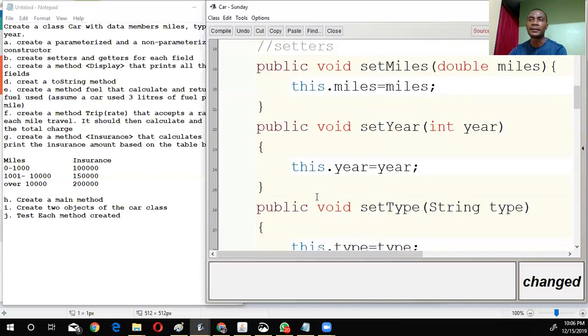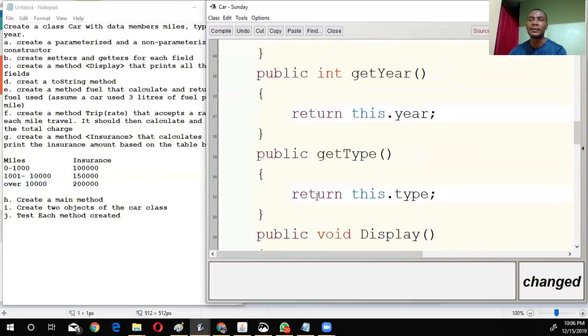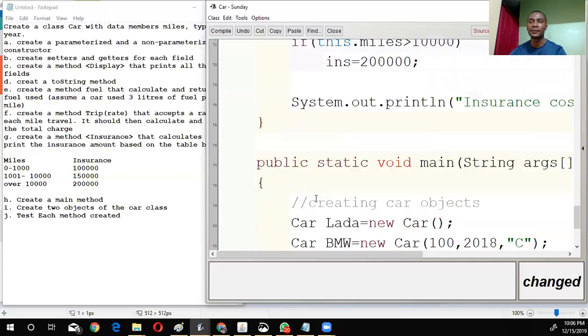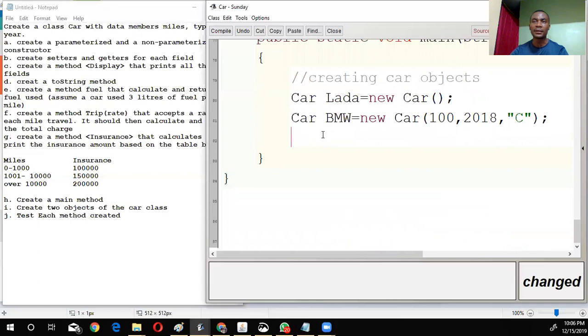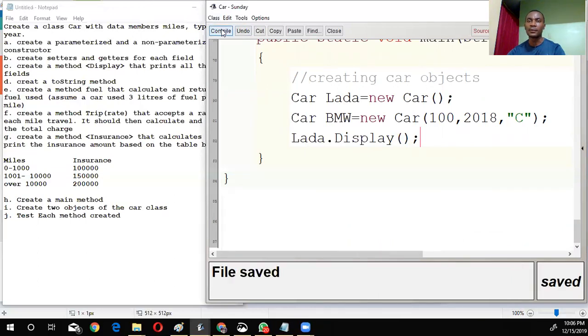Let's look at the display one first. So if we say ladder.display, and I run this program,